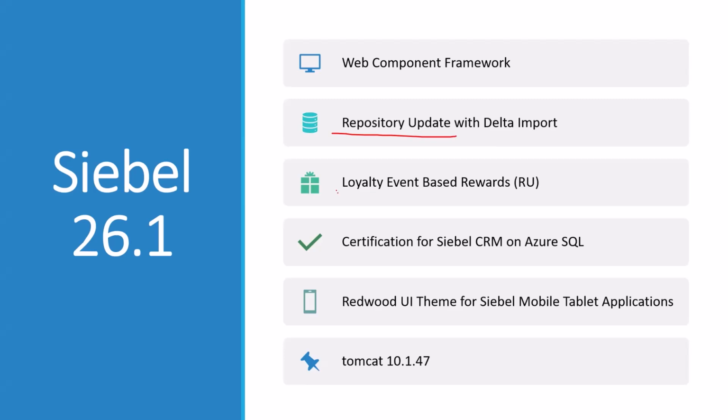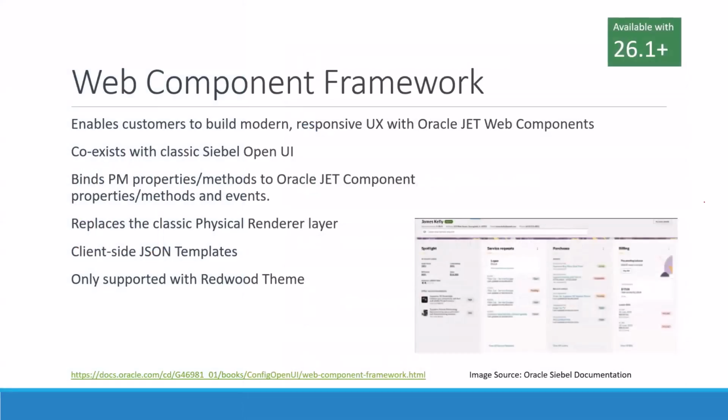Siebel Loyalty gets an update. Event-based rewards, that's called. And then Oracle announced certification for Siebel to run on Microsoft Azure SQL. I guess that's the cloud database service of Microsoft. I haven't used it before. And the mobile tablet applications get the Redwood theme. So, Tomcat is up to 10.147. So let's dig a little bit into